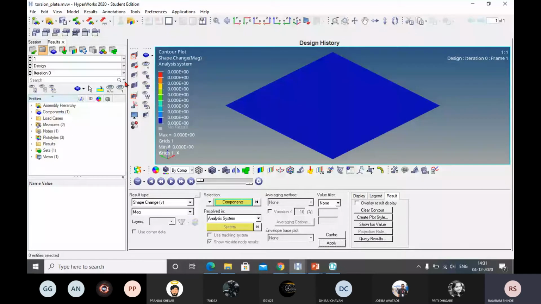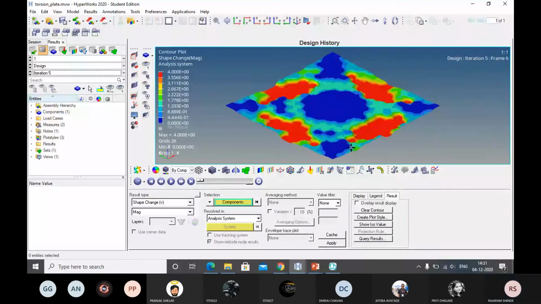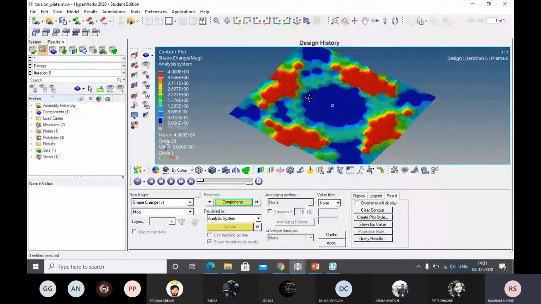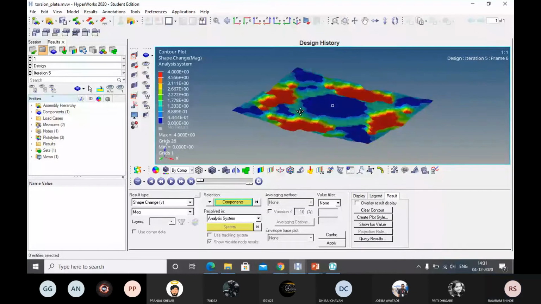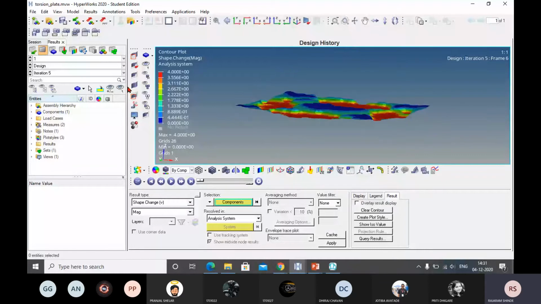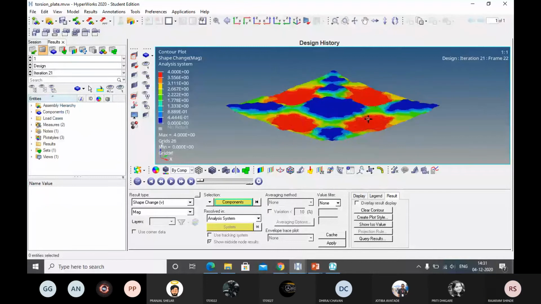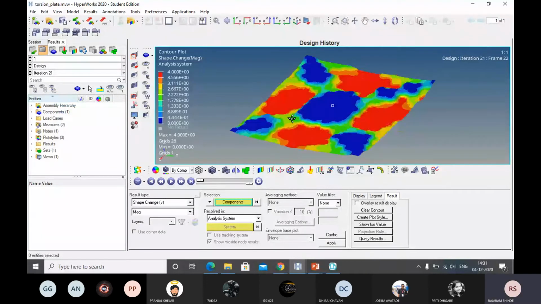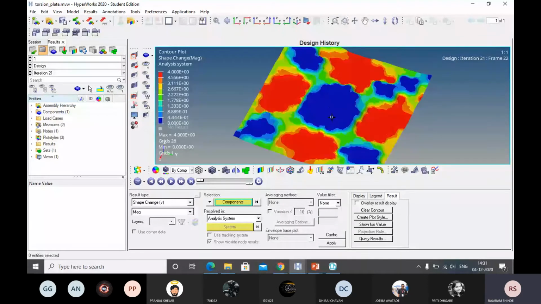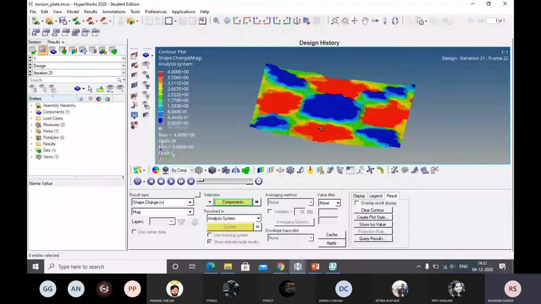If I change this one, you see here you will get this type of change in shape. Now again, if I go to the next one, the last 20th iteration, here the shape is changed. Okay, you can see here, this is the change in shape. Now that means here you can see, this is known as a bead. Now bead width, minimum width, here it is, and height and draw angle. Okay, these parameters you will get in this case.